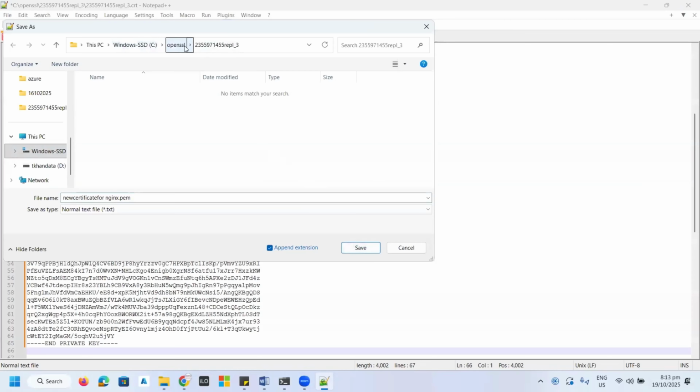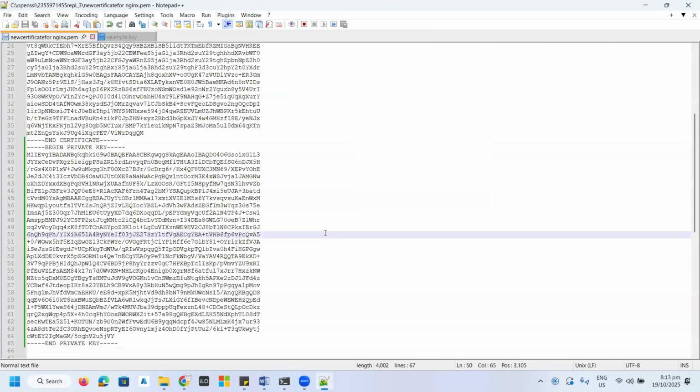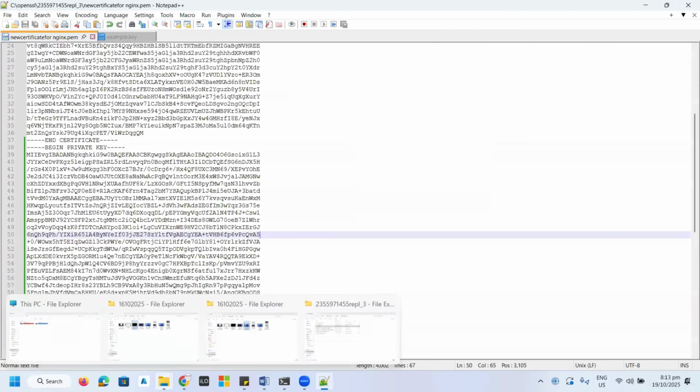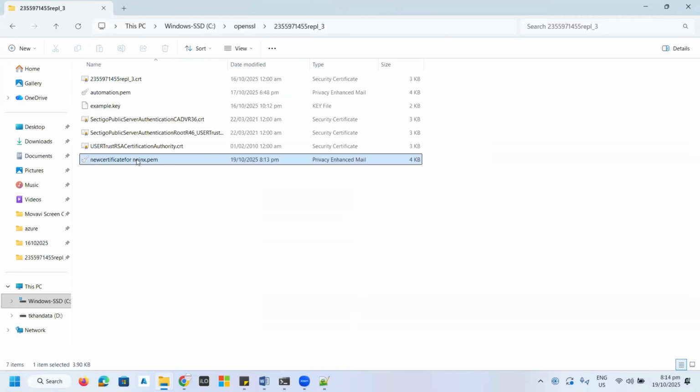Here I have the path mentioned, so I just click the Save button, and now this PEM file is created, and I can utilize that file for the deployment of Nginx as well. Here is the PEM file available. In that way you can easily create the PEM file for your Linux platform.